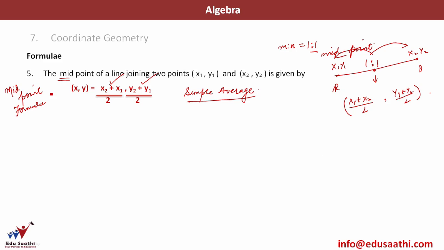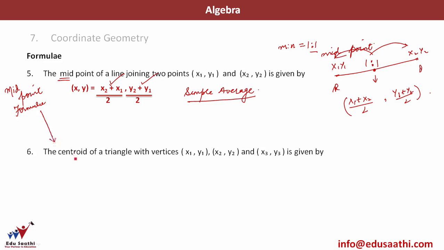Let's move ahead and look at the case of a centroid. This is actually an extension of the midpoint formula, therefore we have placed it here. The centroid of a triangle whose vertices are (x1, y1), (x2, y2), (x3, y3) is given by